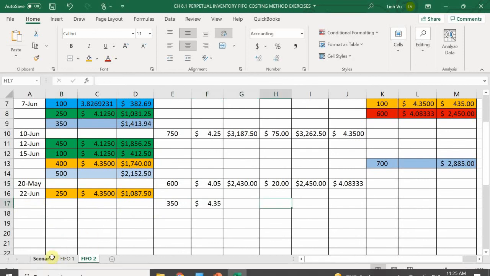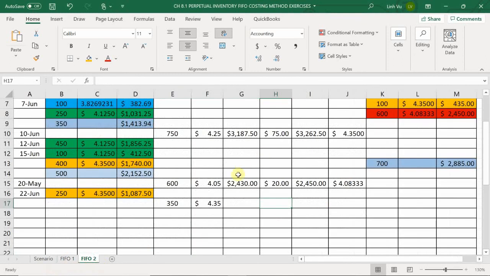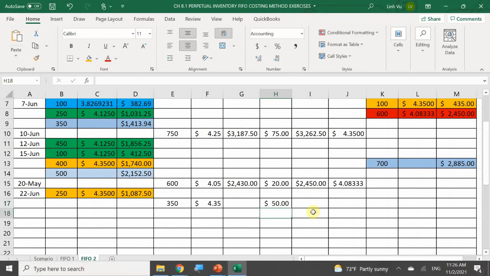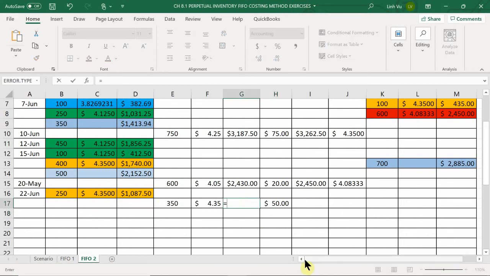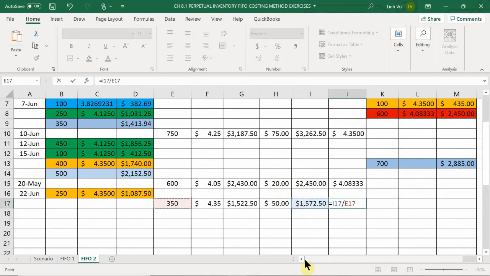Okay, so purchase price $1,522.50, plus freight, so $1,572.50. So then that makes my cost per item to be